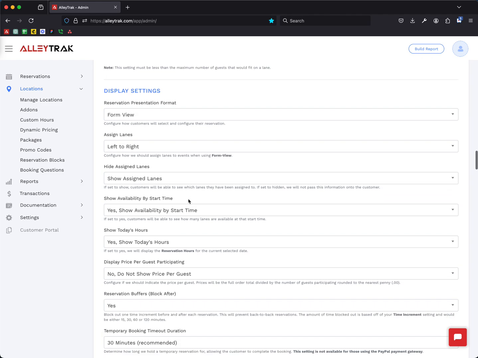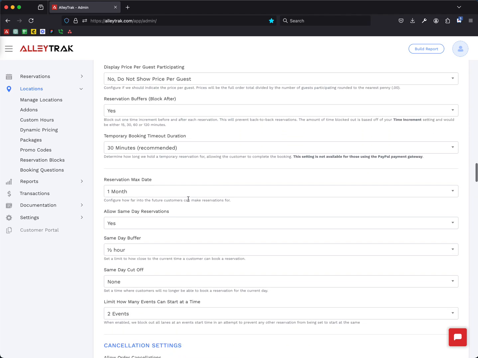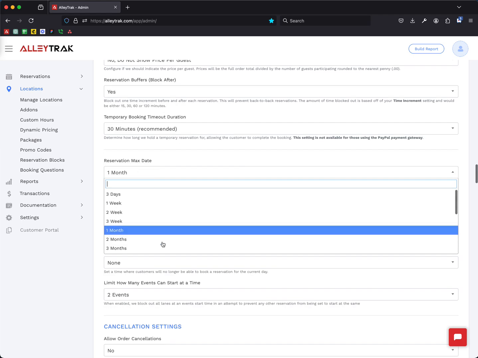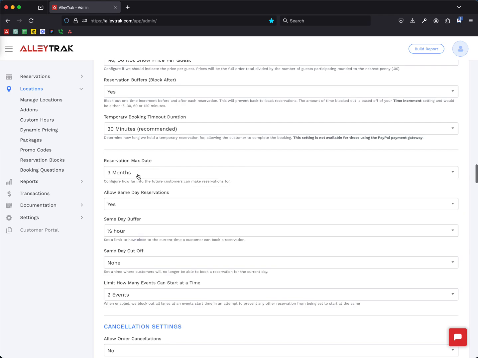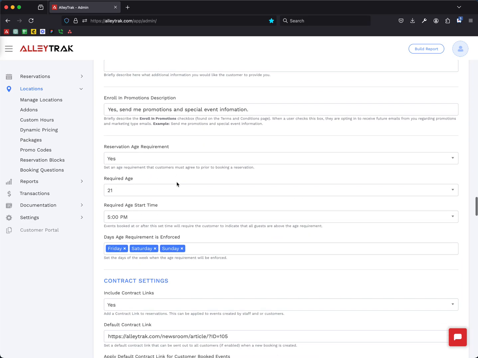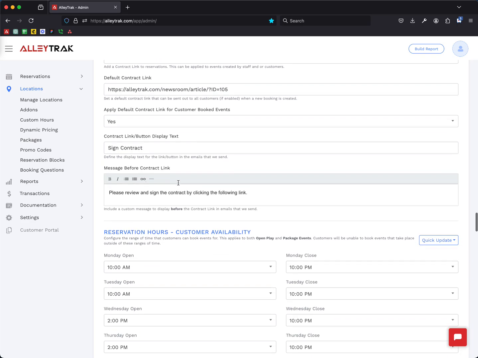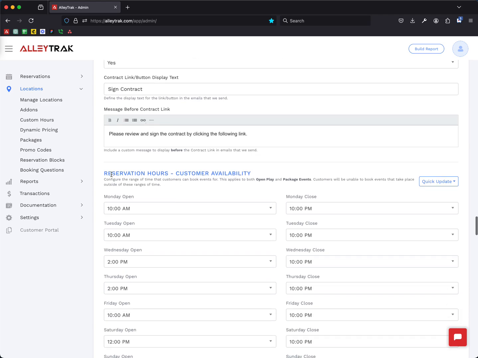Then we can look at some of our other settings here, maybe extending our maximum date that we want to allow customers to book for, if we're going to book and promote these registrations earlier in advance. And then let's see, I just want to scroll through and see if there are any other settings that we want to change. Again, what I'll typically do is set your reservation hours to close basically every day of the week,